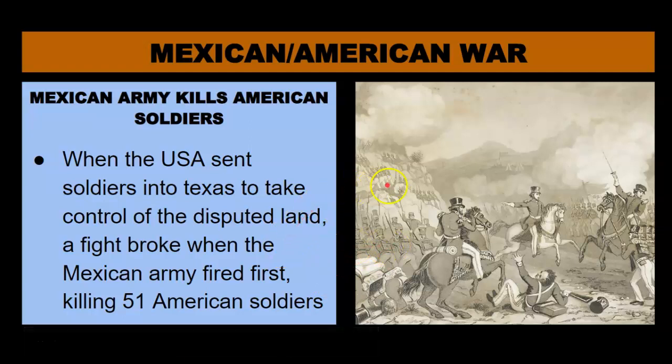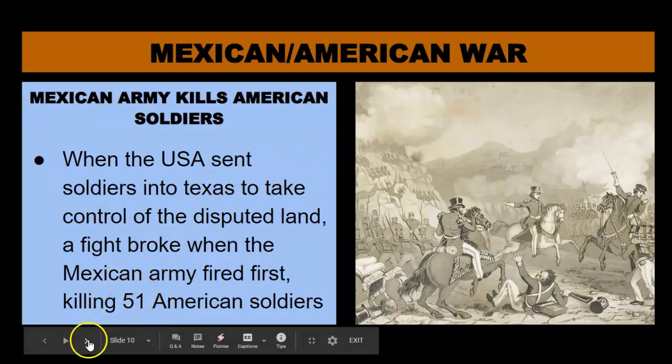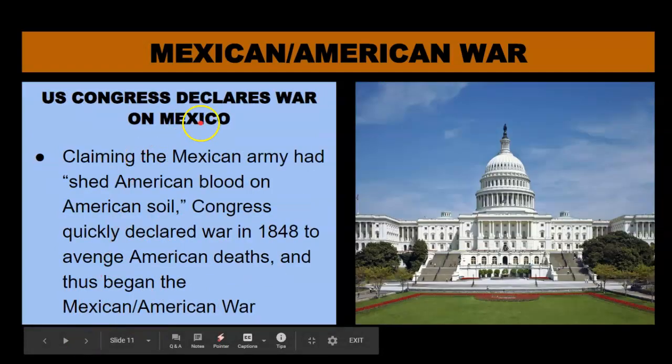And that decision can be traced back to governments, both the government on the Mexican side and the government on the American side. So those are political decisions. When you send armies into disputed land and they confront each other, those armies are acting on behalf of governments. So this war certainly began for political reasons, because when 51 Americans were killed, the U.S. Congress decided to declare war on Mexico,